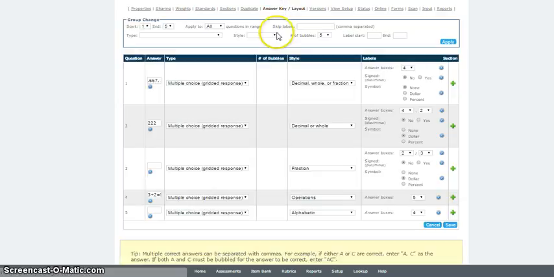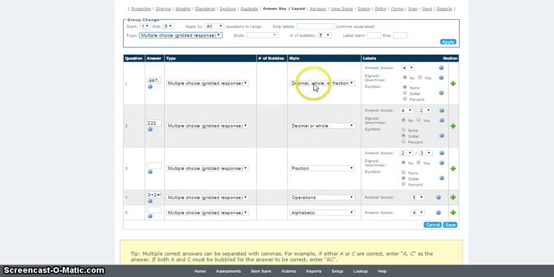So when you go into the answer key and layout, the type of question you want is multiple choice gridded response. The bubbles don't matter because you're not going to have bubbles now. You will fill in the answer box, the number of answer boxes you want later for each question. So multiple choice, gridded response, whichever questions you want it to be, hit apply, and you'll have that set up. Now within the different types of gridded responses, there are 5 main areas, and I'll show you an example